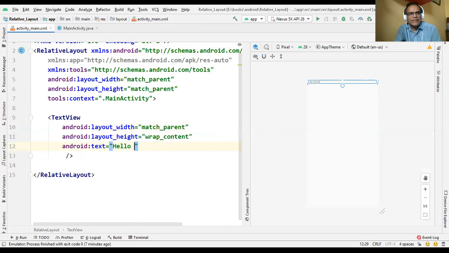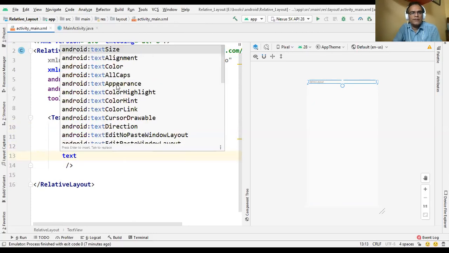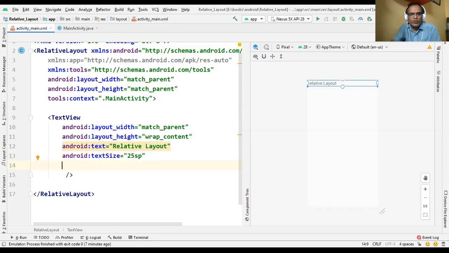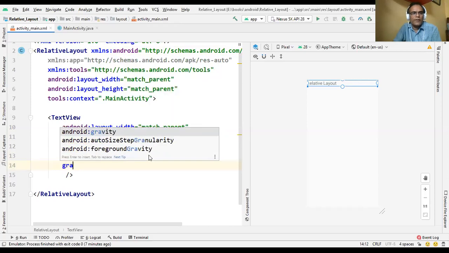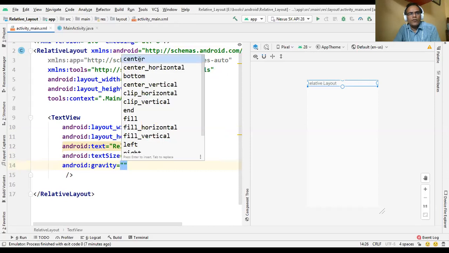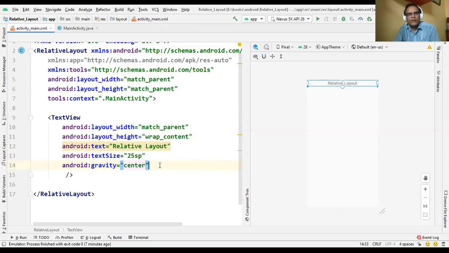We also change the text property to relative layout, and we also increase the text size. Now we want to see it in the middle, so we use the gravity property. This is the gravity attribute, and we want to use center.